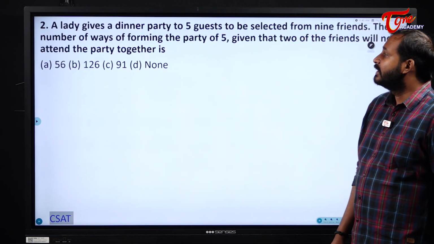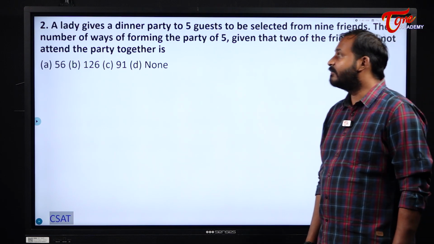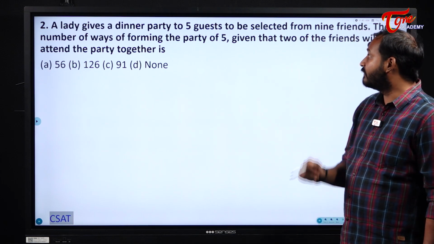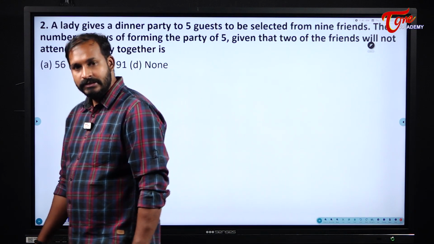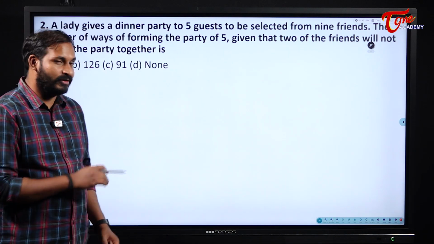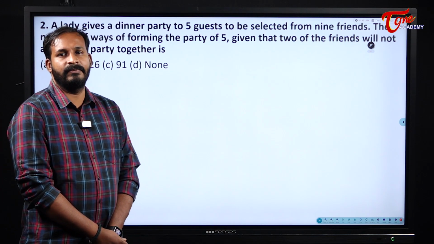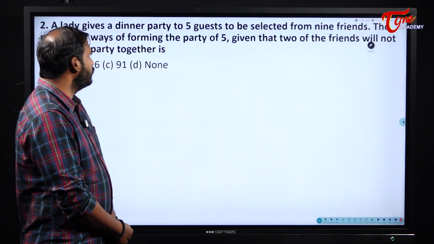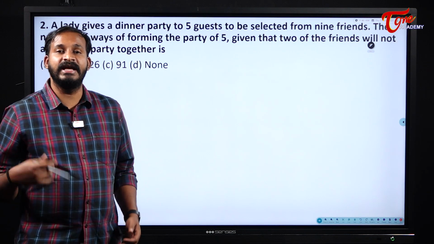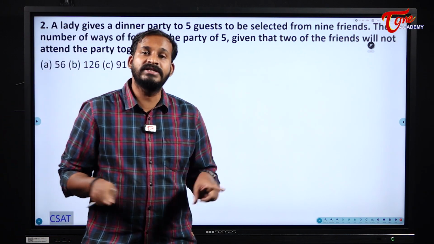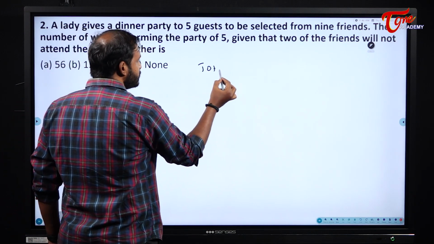Next one. A lady gives a dinner party to 5 guests to be selected from 9 friends. The number of ways of forming the party of 5, given that 2 of the friends will not attend the party together. Then how do we need to do it? Out of those 9 friends, 2 friends will not attend the party together. Instead of finding the answer directly, we will find it indirectly. Assume that those 2 friends always come together. So I will do the negation: total minus